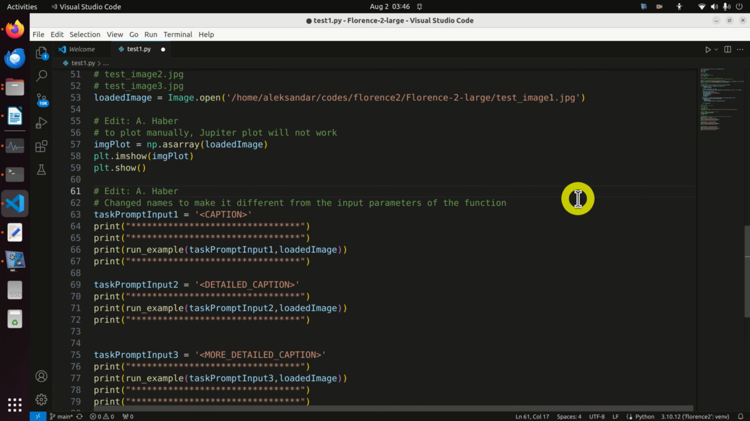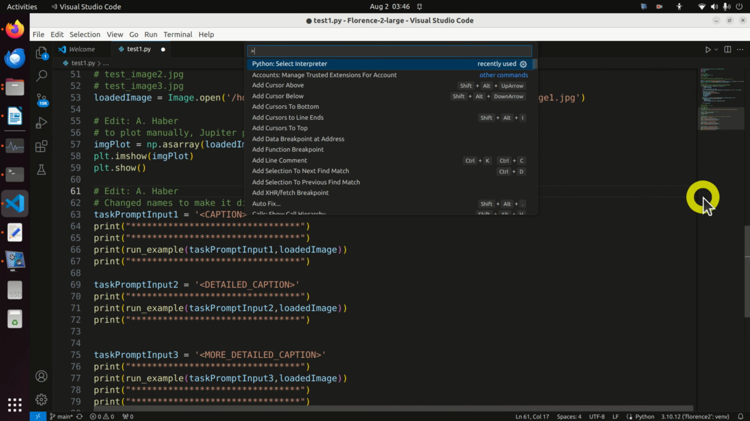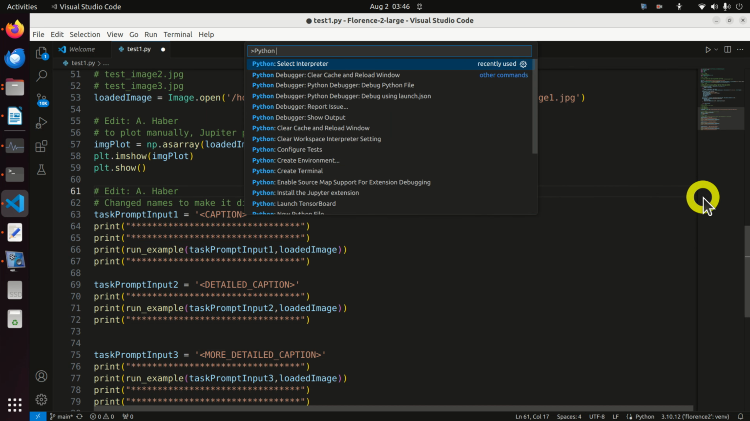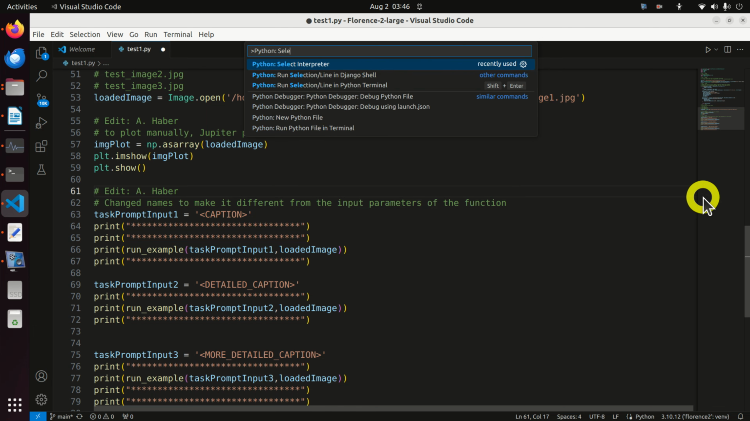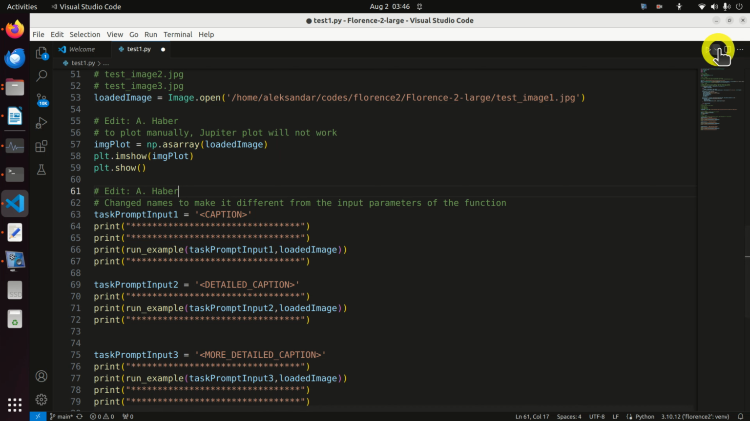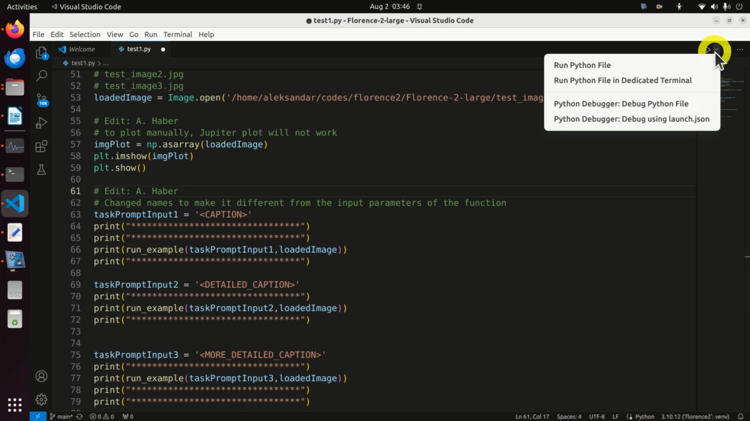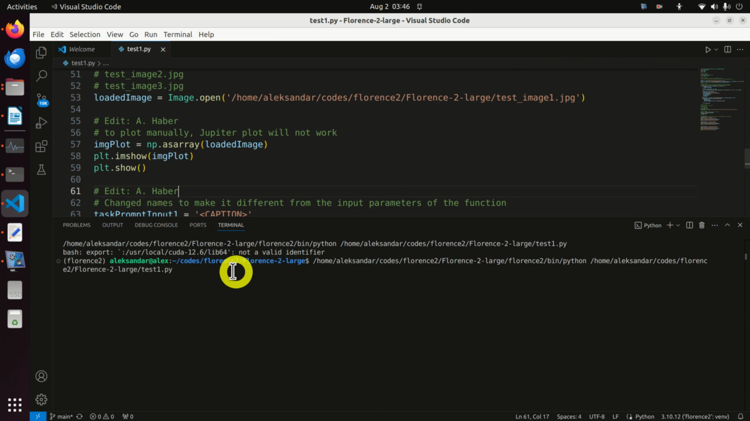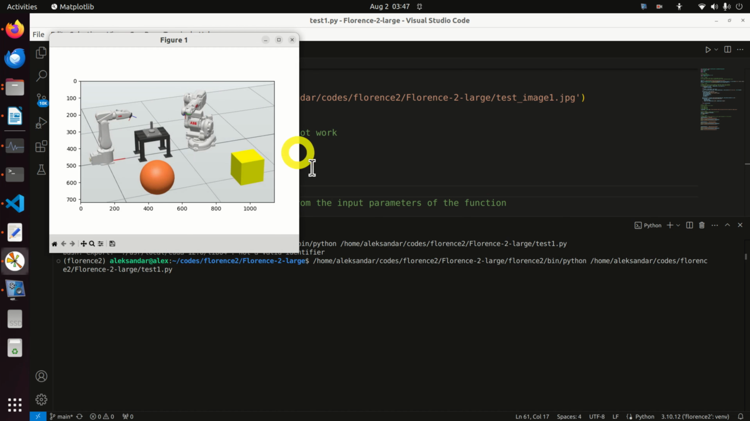To run the code in VS Code, press Ctrl-Shift-P, then right here Python, select interpreter, click here. Over here it's very important to select the Python executable file from our virtual environment, and you can see that the virtual environment is found over here, so click here, and to run the code click over here, and you can click on run Python file, and in terminal you will see the answer. However, what will happen first, you will see the image. So wait here, here is the image, okay,